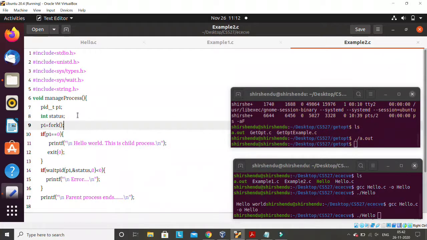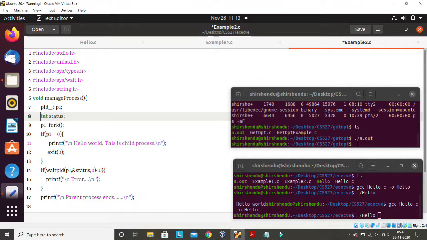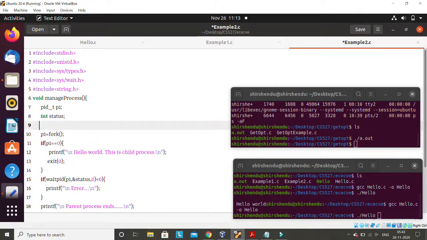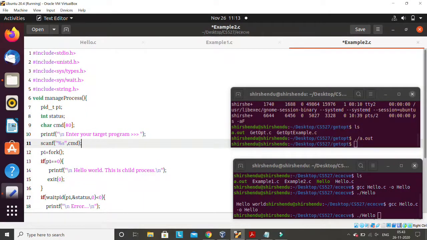So first what I will do here, I will use a line. What I am doing here, before creating the child process, in the parent process only I am entering a command. I'm asking the user to enter a command, and I'm taking some input through scanf. I'm taking a string as input. After this there is a child process here. What I enter through a command, I'll try to use with any function and any other program.